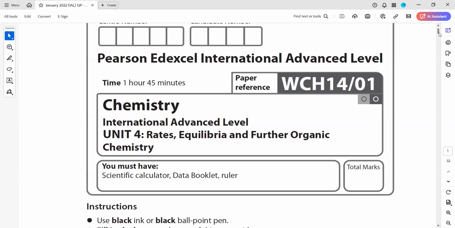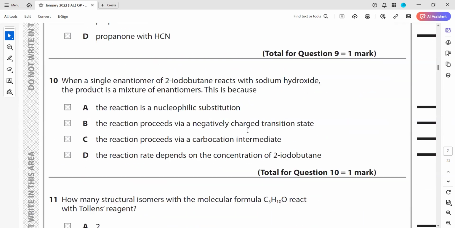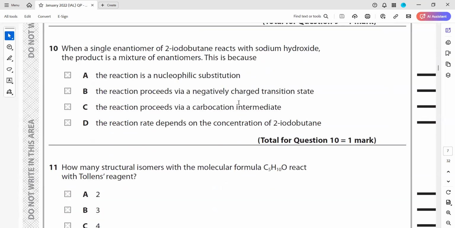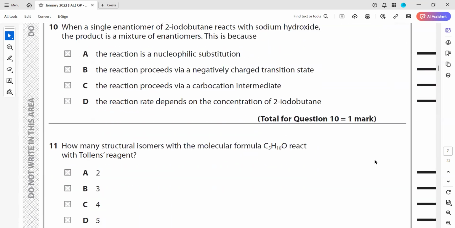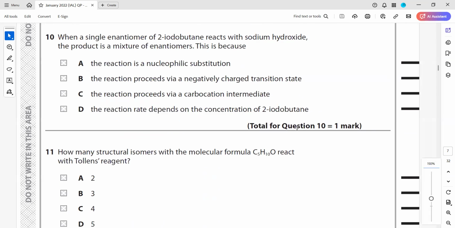So last we discussed till question 9, so we'll move on. Question 10. In question 10, when an enantiomer of 2-iodobutane reacts with sodium hydroxide, the product is a mixture of enantiomers. This is because